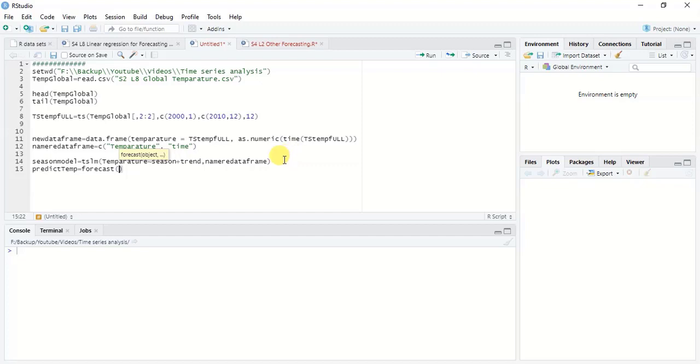We have to give the linear regression model as an argument, and then we have to assign the time period that the prediction will take place. Since we are considering 2 years, we'll specify h as 24. Then we can plot it by calling the autoplot function.